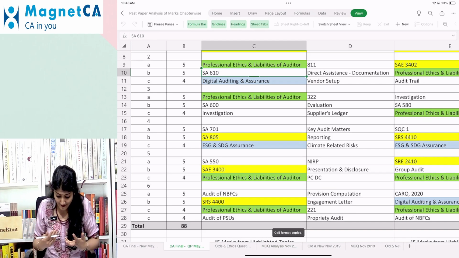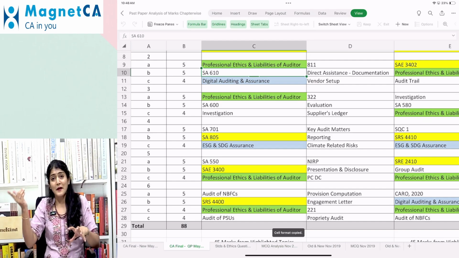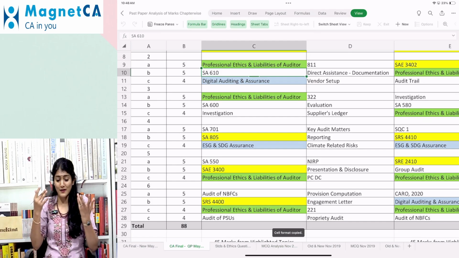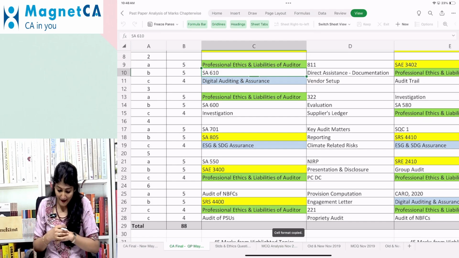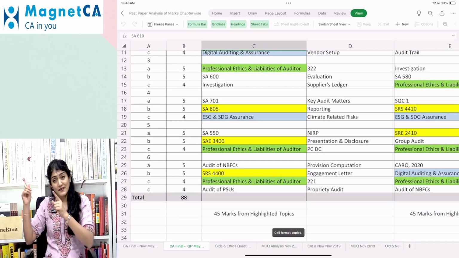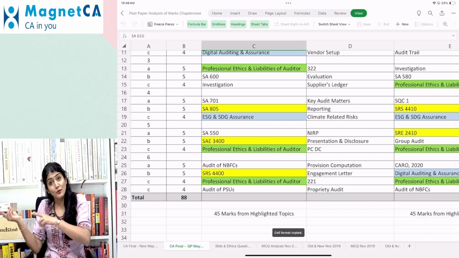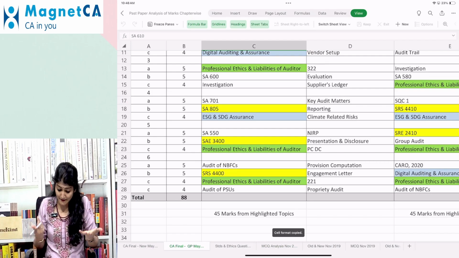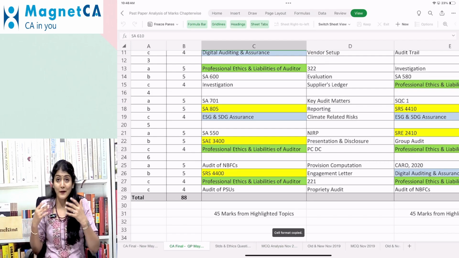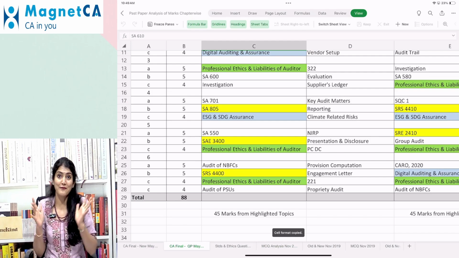And bank audit, surprisingly, not there in the theory part of the paper. But in the MCQ, we've seen 4 marks of the question asked regarding the bank audit. Okay. Right, and then NBFC, we see a question in the MCQ as well as in the theory part of the paper. PSU, again, 2 questions in the MCQ and 1 in the theory part. So this time PSU had a lottery, for the November 24 exam, like 8 marks of PSU.